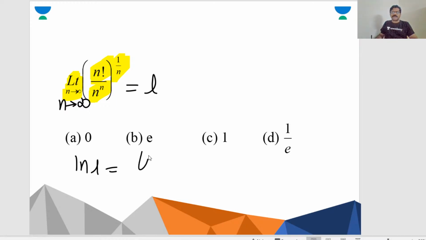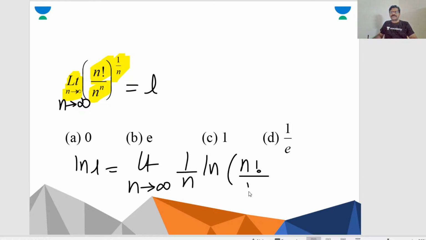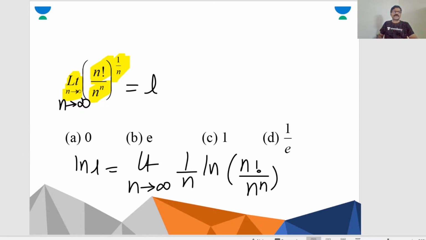Log L equal to limit n tends to infinite 1 by n log of n factorial by n power n. This can be written as log L equal to limit n tends to infinite 1 by n log